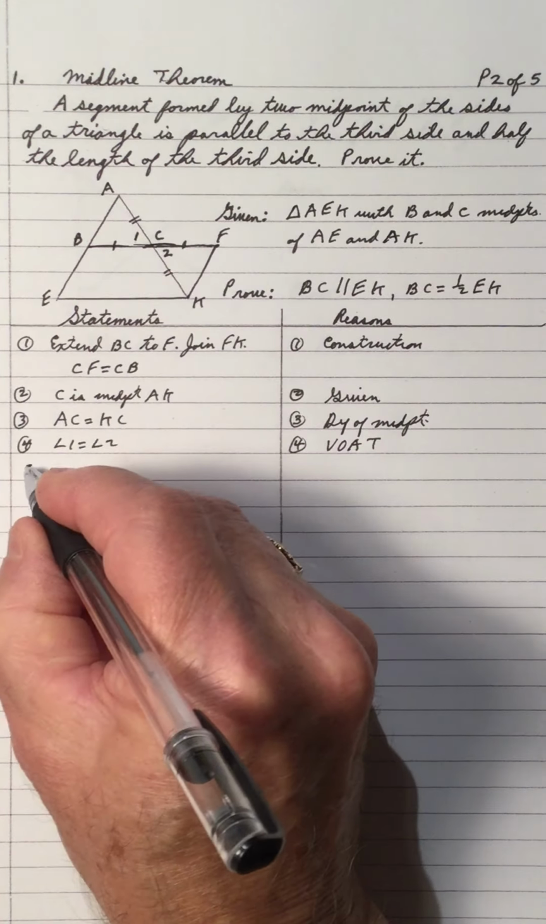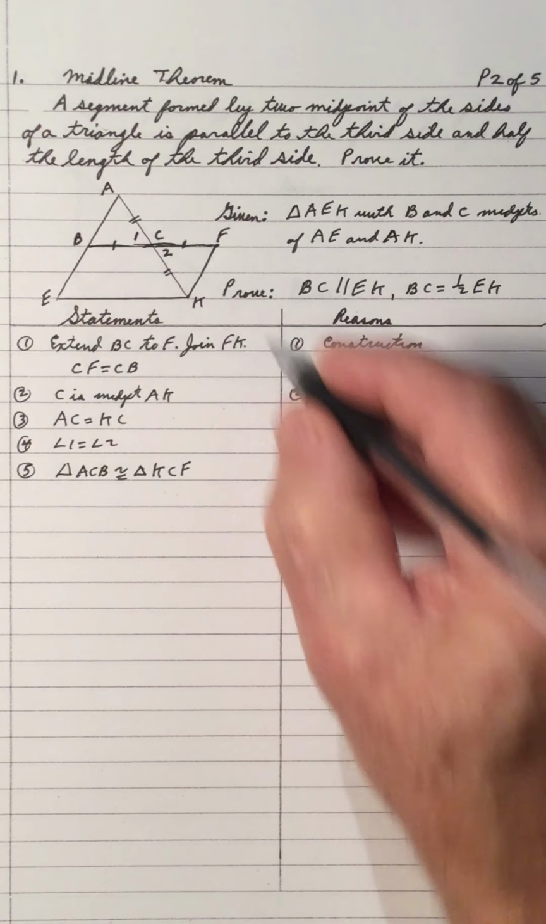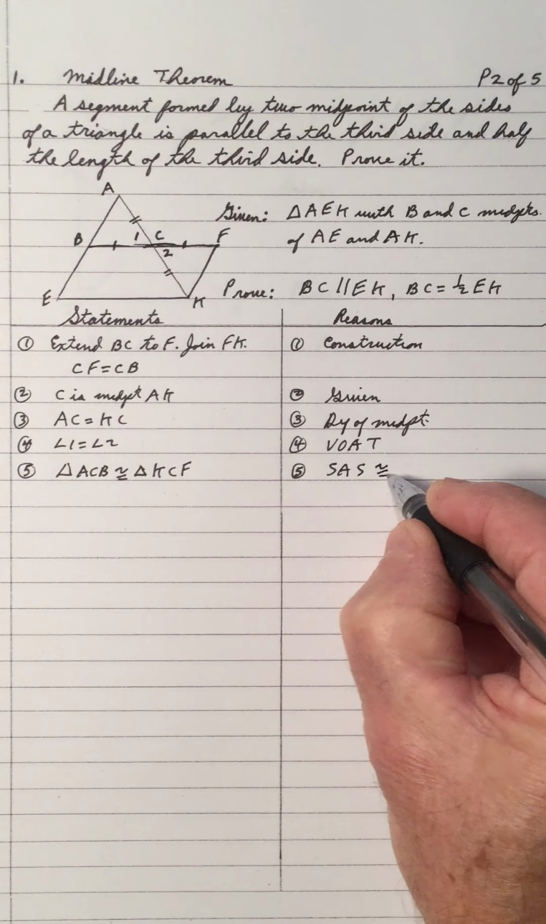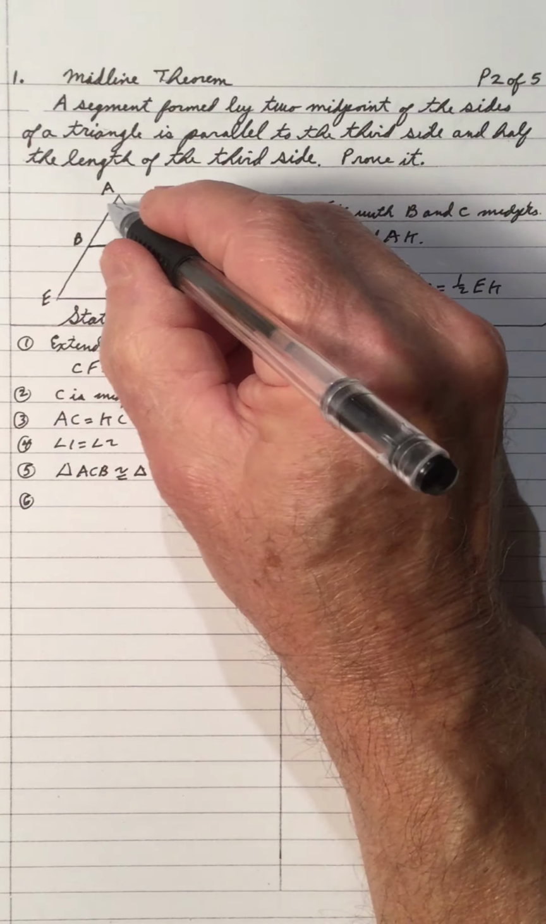That means we have a pair of triangles congruent. So the triangle ACB is congruent to the triangle KCF. And if we look at it closely, that's a side angle side congruency. And as a result of that, we have AB equal to KF. And the reason is CPCTC. Corresponding parts of congruent triangles are congruent. And as a result,